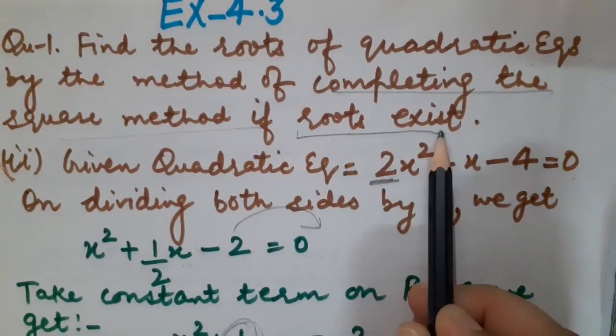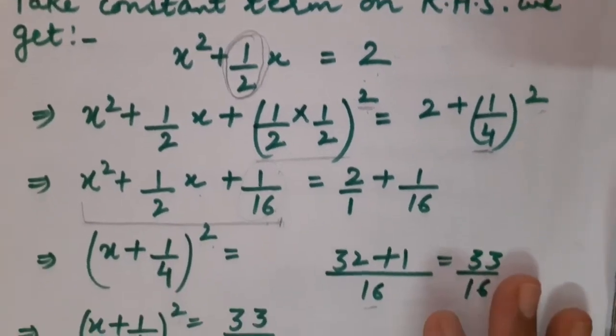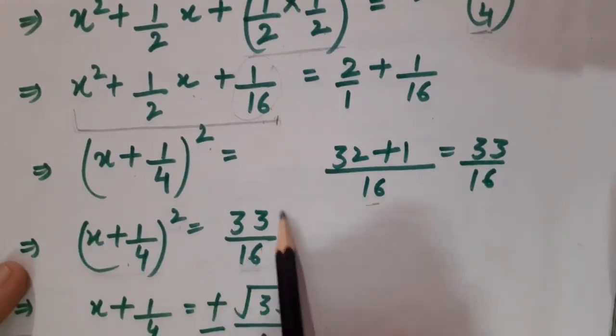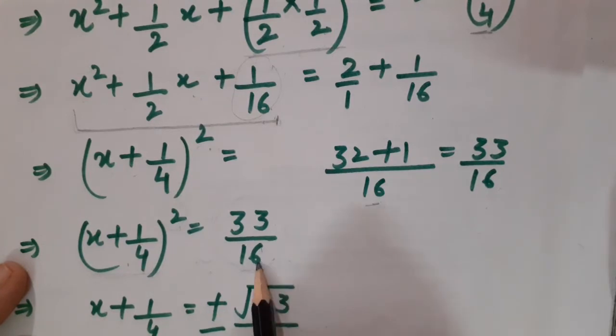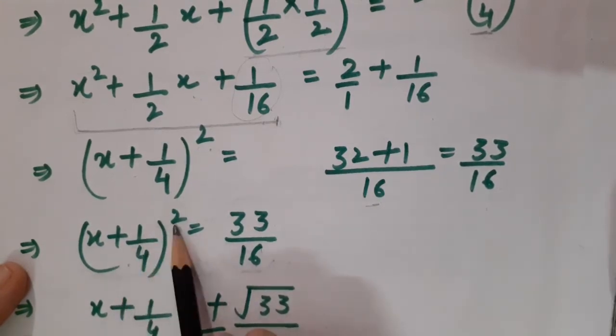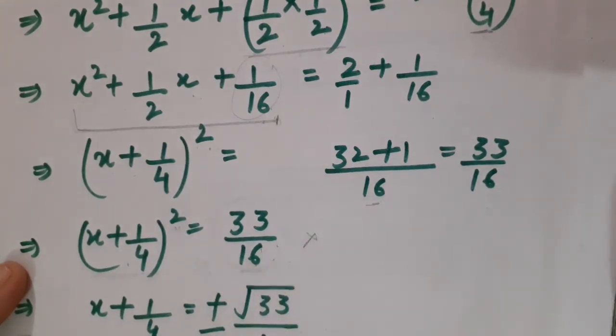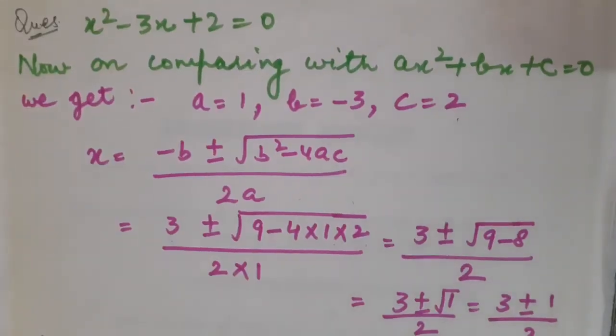Children, one more thing I want to add in it. Why is this condition given, if roots exist? Because we have done many questions based on the same concept. See children, whenever you use the completing the perfect square method, you are going to get the complete perfect square. But suppose you get the term in negative. You know that the square of any expression can never ever produce a negative result. In that case only, the real roots will not exist. Correct children?